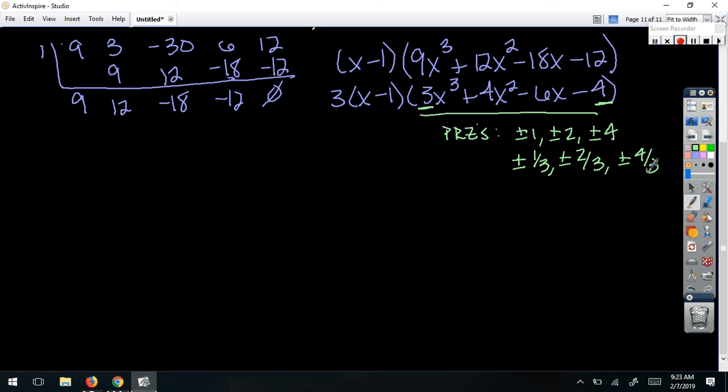Because I'm only looking to factor this piece. I just don't know how to factor that at this point. All right. So let's start trying pieces. For the sake of time, yes. If I do -2,